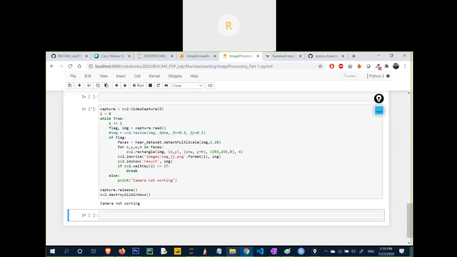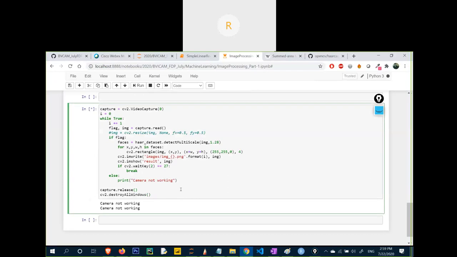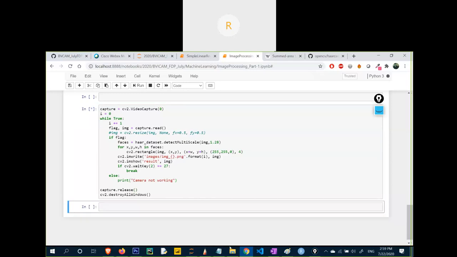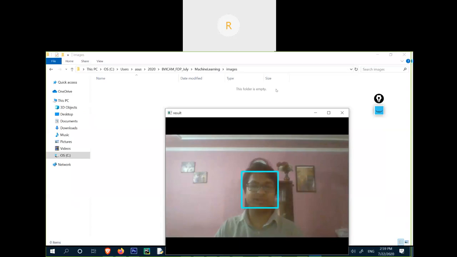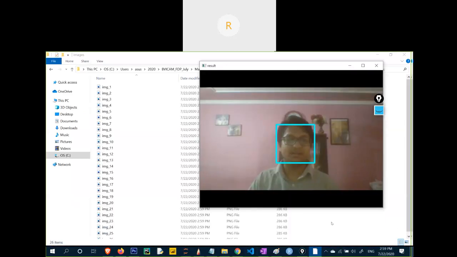Camera not working. My camera is occupied there, so I have to stop my video, stop this code, and let's execute this code again. You can see now the camera has started and it is saving my images.